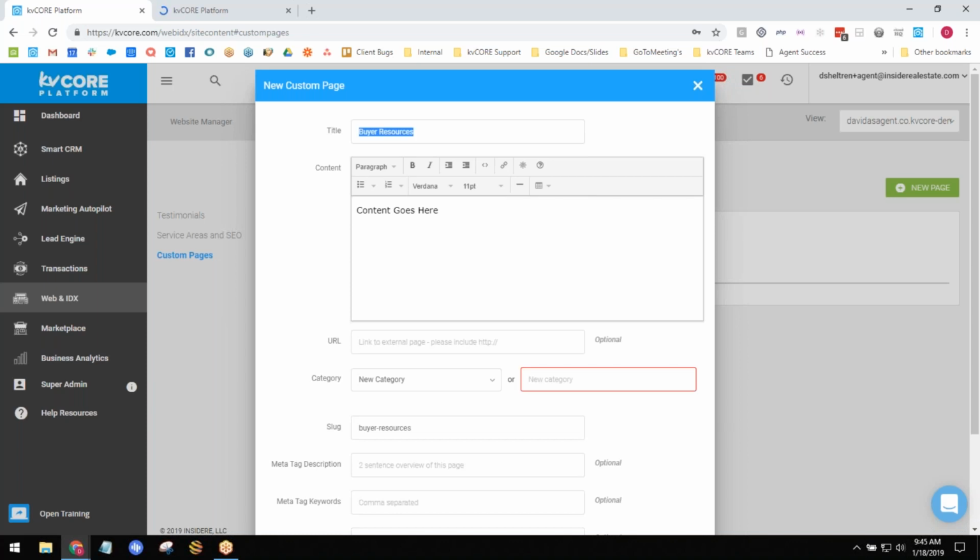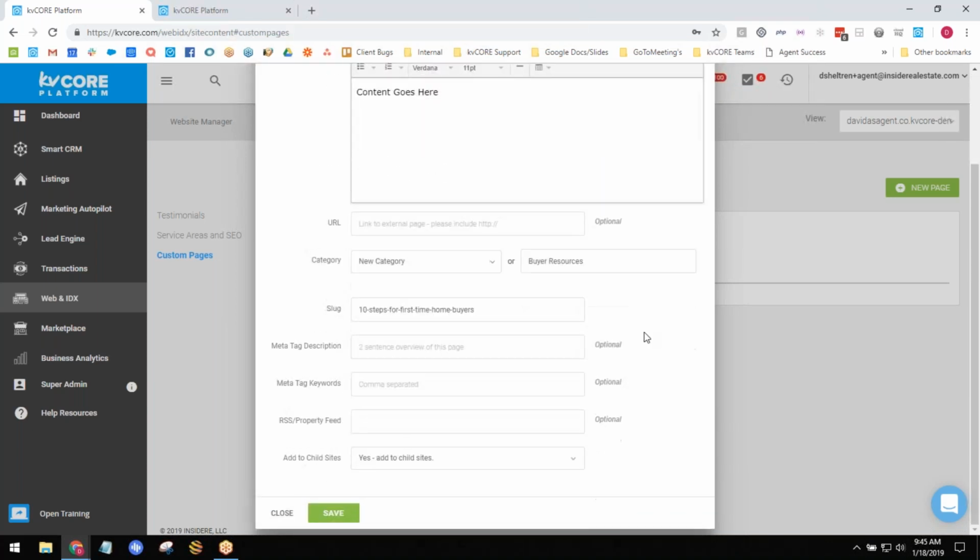I'm going to say 10 steps for first-time homebuyers is the title of my page or the title of my document. But this category is going to live under buyer resources. So this may take some getting used to, but once you have it, and I'll show you how it looks here in a second, then I can just come down here and say we're good. So let me save that.